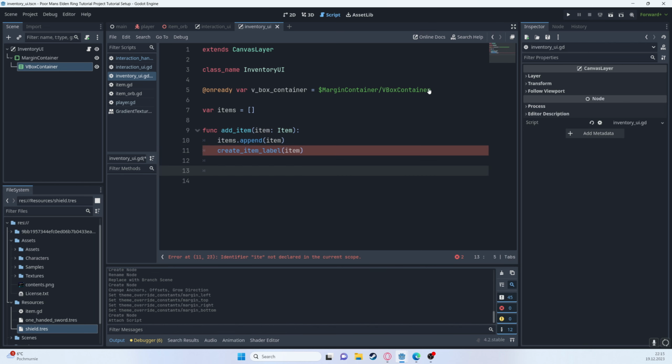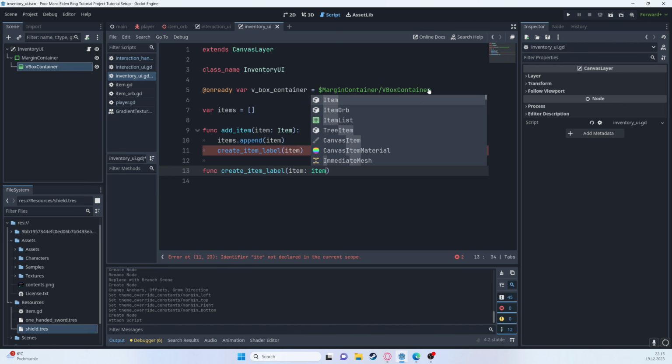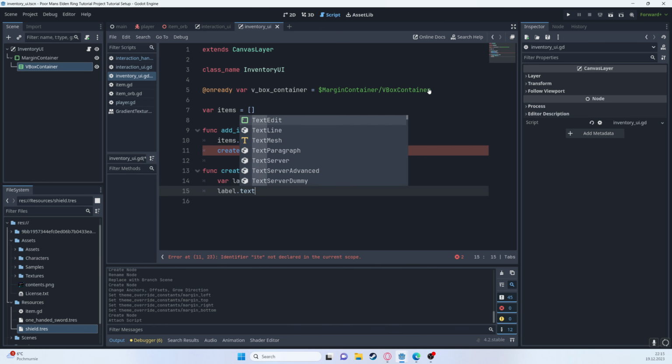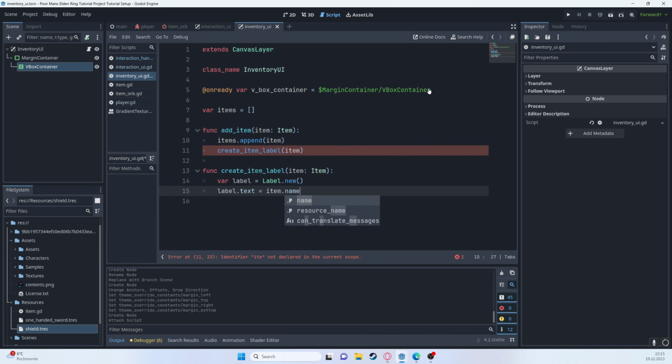Item. Okay. This is going to be very simple. We'll create item label by saying label is equal to label new, label text is equal to item name,